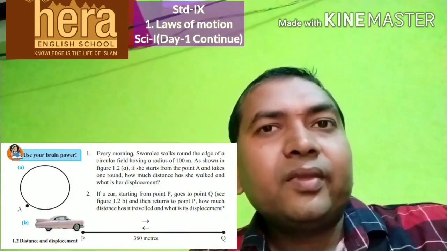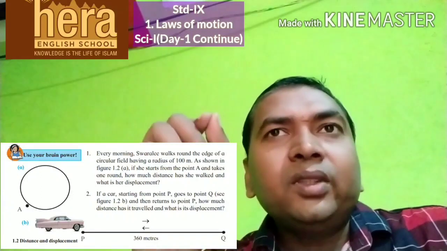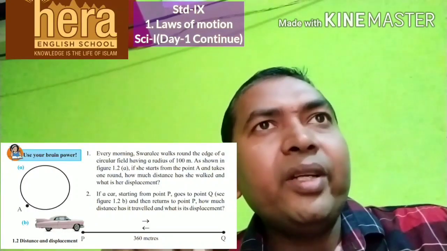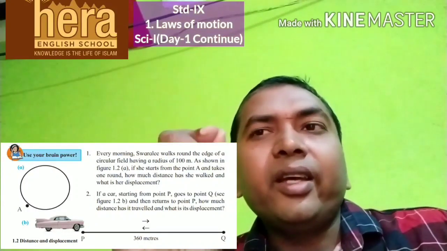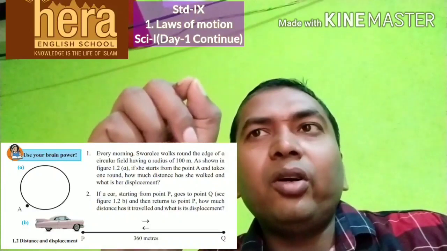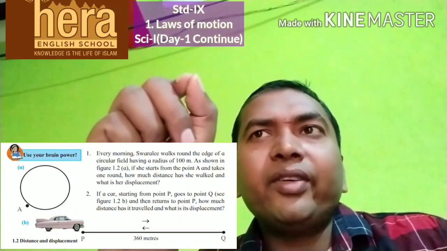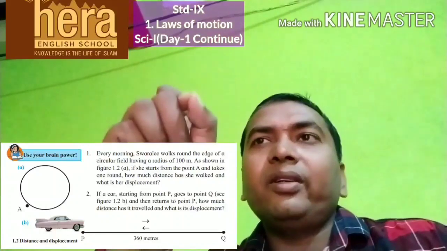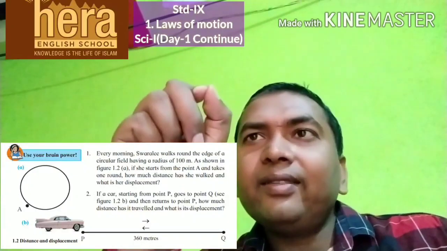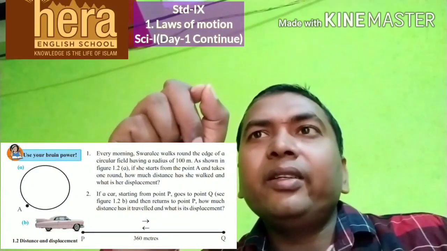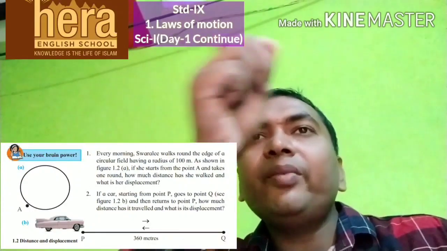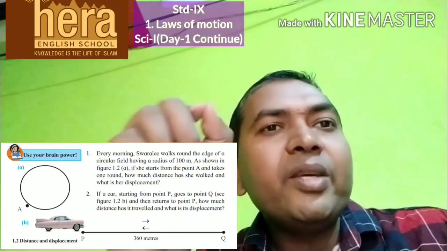Just think. I tell you, what was the concept of displacement? If you want to find displacement, you have to just think. At time t equal to 0, at the starting point, the object was here, and after time t, it again came to the same point, and you have to join these 2 points. In this case, displacement will be 0 because there is no distance between them. Displacement will be 0 because displacement means minimum distance.